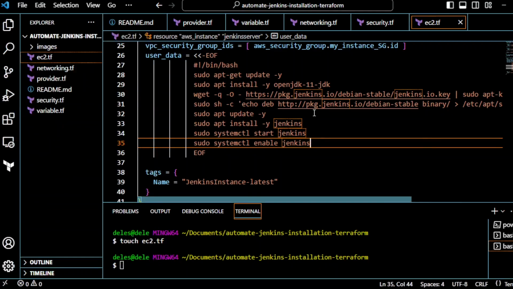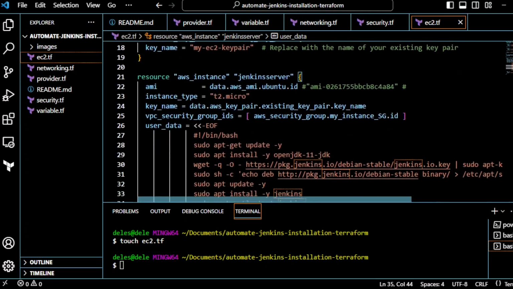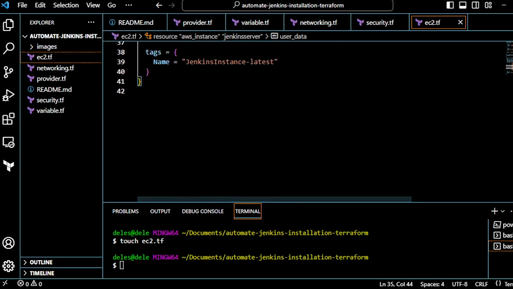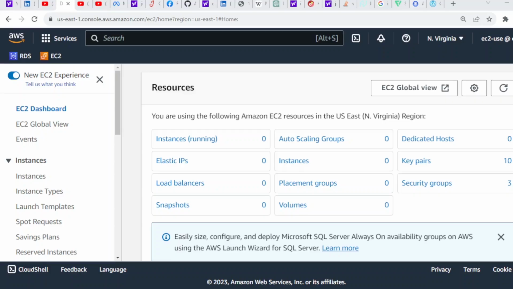So let's save this. And the code looks good. I hope you understand this. If you don't, you need to watch this again. But it's quite straightforward. So once we run our Terraform code, it will